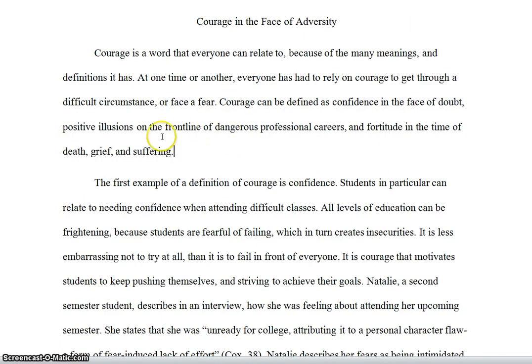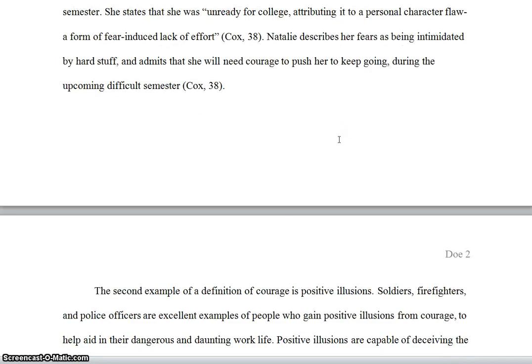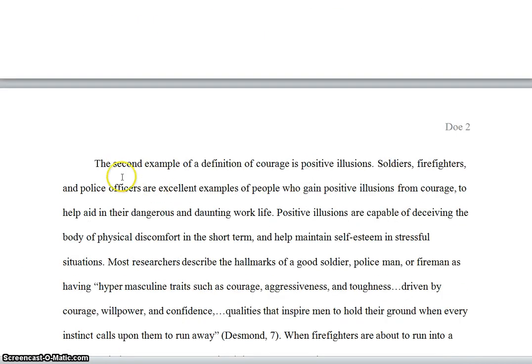Next, the thesis statement talks about positive illusions on the front line of dangerous careers. Therefore, the second definition of courage is positive illusions in dangerous careers, such as being a soldier or a firefighter.